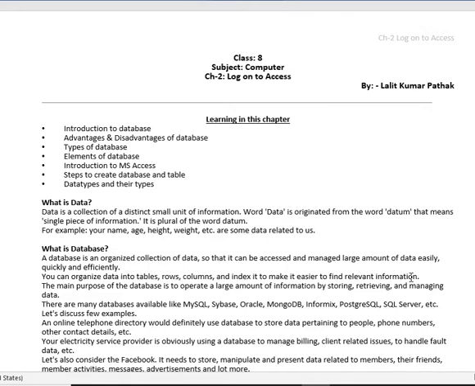In this chapter, you have to learn the following topics: introduction to database, advantages and disadvantages of database, types of database, elements of database, introduction to Access, steps to create database and table, data types and their types.